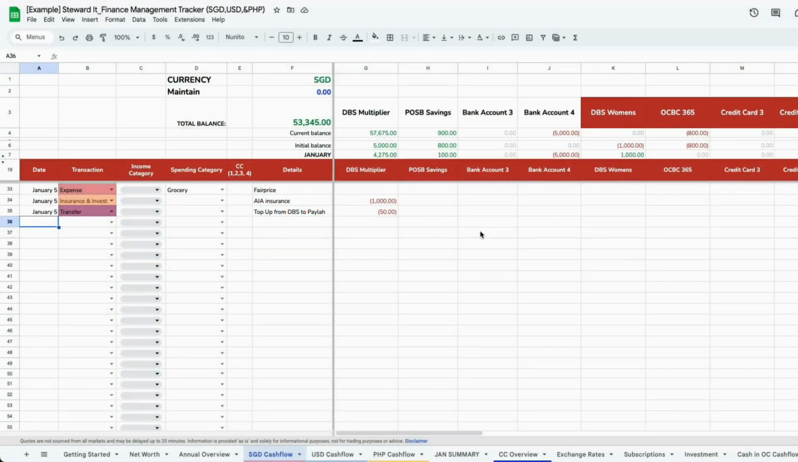Now for credit card payments. This is a special type of transfer. It's when you pay off your credit card from your bank account. So let's say I'm paying $800 towards my OCBC 365 credit card from my DBS Multiplier account. I'll enter the date,